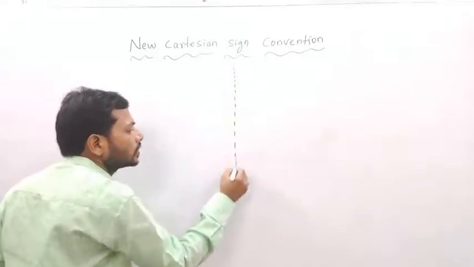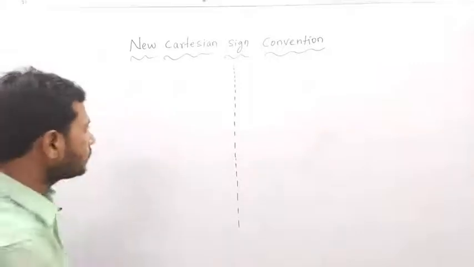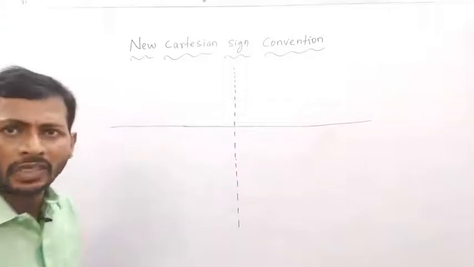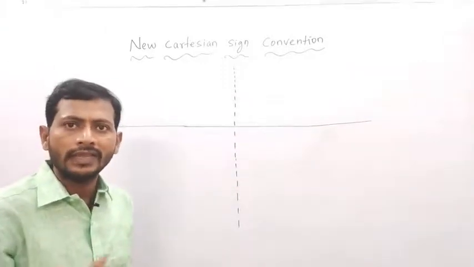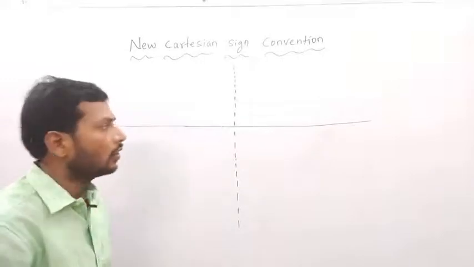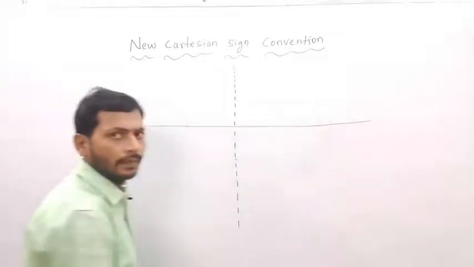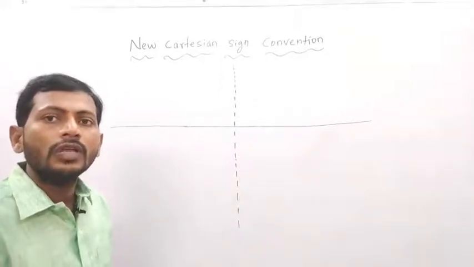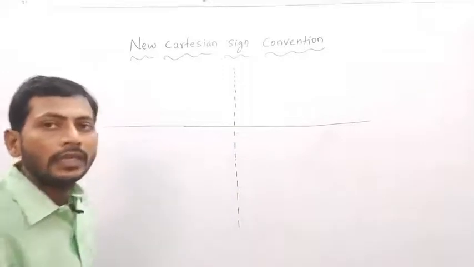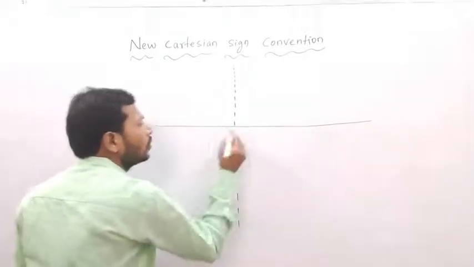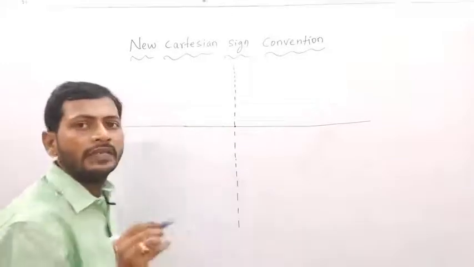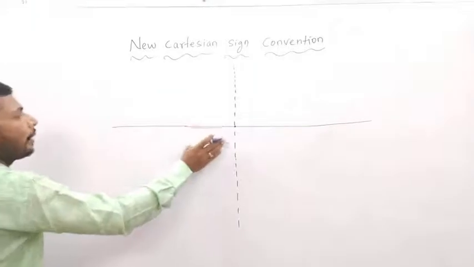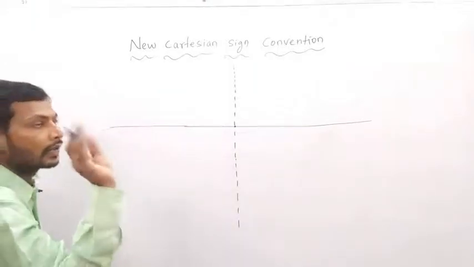This I am going to say is the y-axis. Actually there is no need for a y-axis and x-axis, but I have just taken them. So now this is the x-axis. Whatever mirror is given to you, that mirror you should take. Generally in this graph paper, this is the origin. Origin means the distance is what? No, 0. So for example, I am going to apply this to the concave mirror.